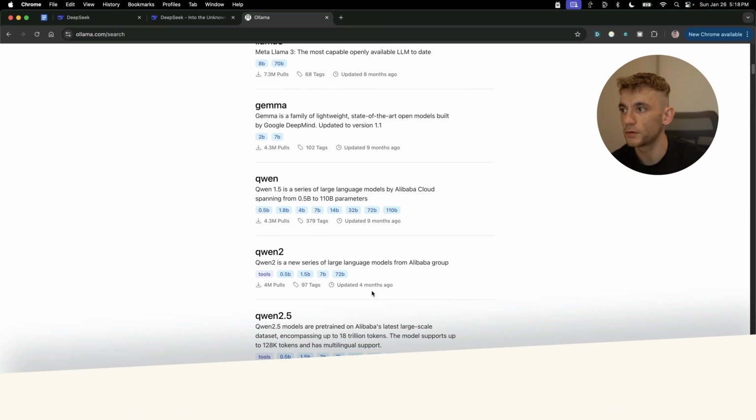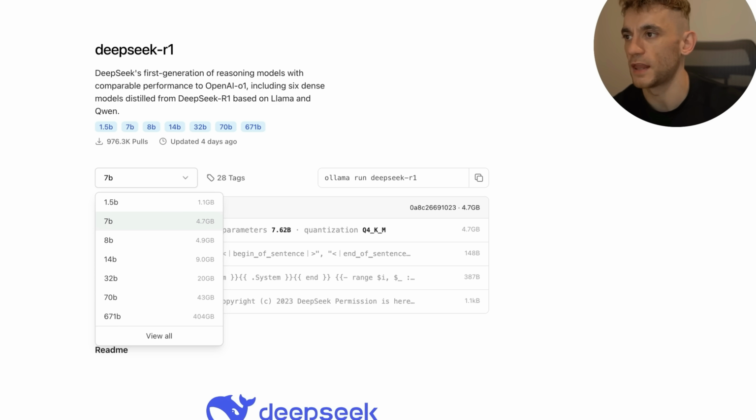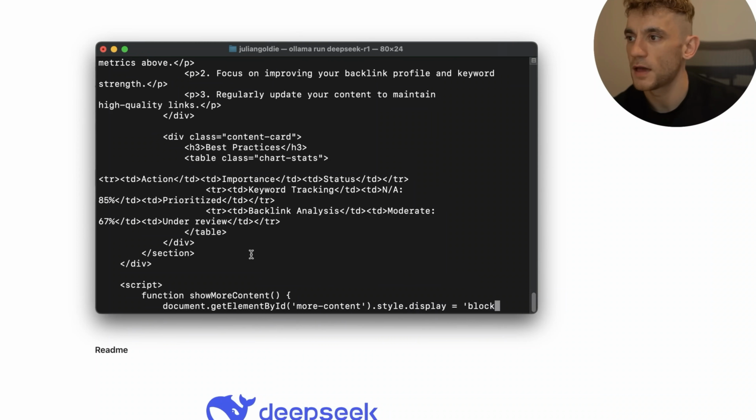And the other thing to note here is you've got many different models distilled for DeepSeek-R1. So for example, I'm using the 7B model. That's pretty fast and light and quick to use. You can go all the way up to the 671B model. That is 404 gigabytes to install. So obviously it's going to take a lot longer to install, and it's going to require more memory to run it. So it's just going to be a lot slower when you're running it offline, unless you have some super powerful laptop, right? So honestly, I would recommend the 7B model for what you want,